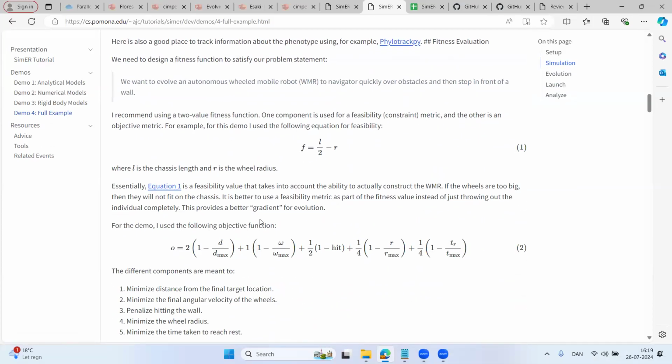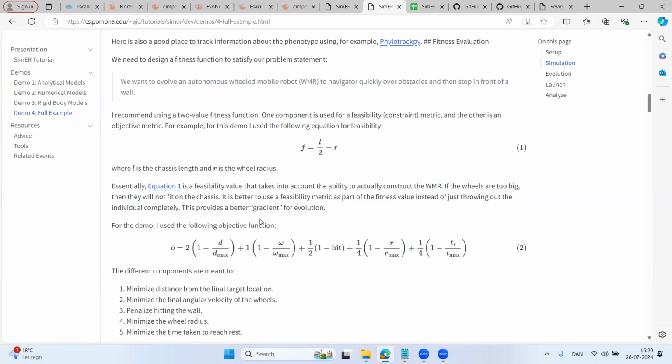All right, I mentioned this near the beginning of the tutorial, and I am coming back to it now. I said that for evolutionary robotics, I pretty much always have two values as part of my fitness. One of those is a constraint or a feasibility or a viability value, and then the other is the actual objective value. And I tried to basically wedge that idea into this contrived example. And so this is why I evolved both the chassis length and the radius of the wheels. If the wheel radius is really big and the chassis is really small, the two wheels overlap. And one way to handle this is just by saying, okay, that's infeasible. You just give it a fitness of 0 or negative infinity or infinity, depending on whether you're maximizing or minimizing.